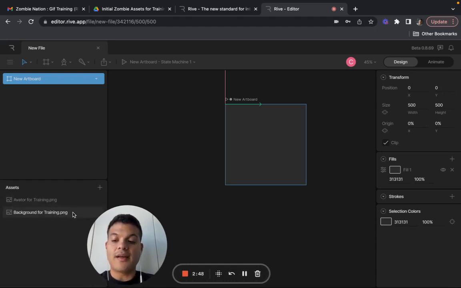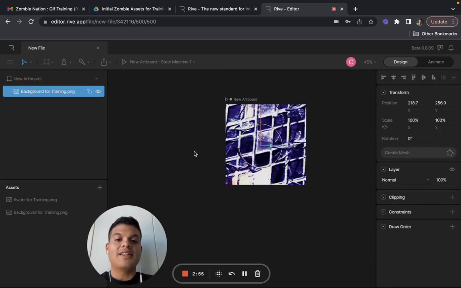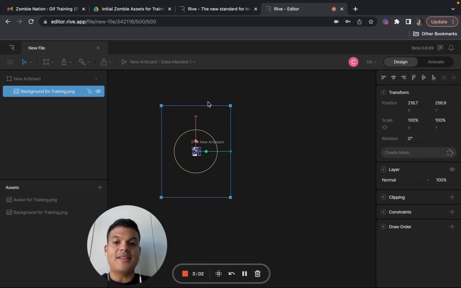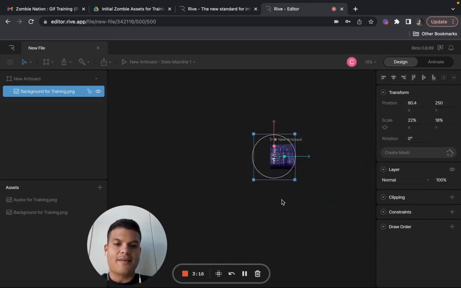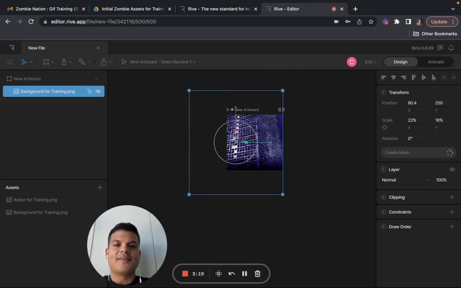So I'm going to just drag our background in the square, and it's going to populate huge. So we're going to zoom out, and we're going to see that there's a blue rectangle. Just make it smaller and drag it onto your artboard area. It's a little bit tricky to start playing with it. Anyway, so as you can see,